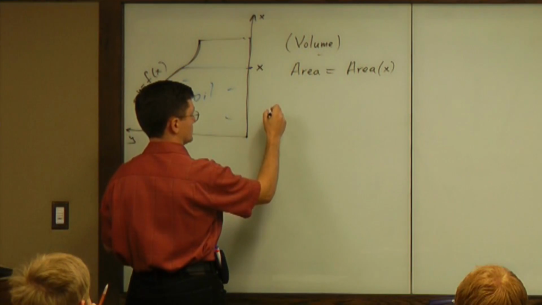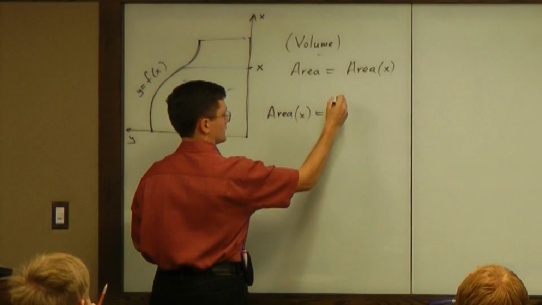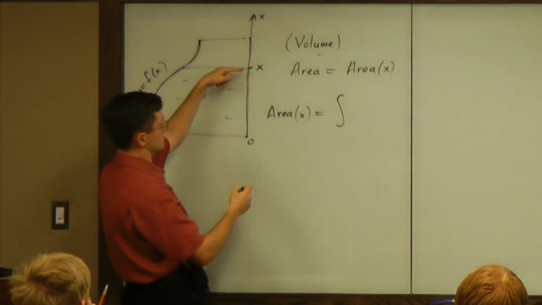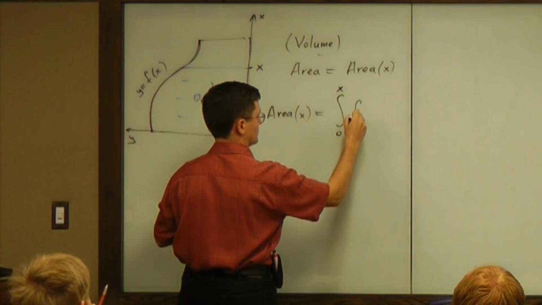So this way we can get a formula for the area. As a function of x, it's an integral from 0 all the way to x of that f of x